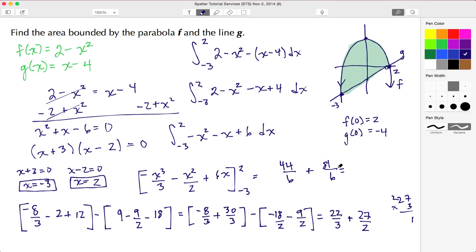And then at this point, I need to add the 81 and the 44. Well, that gives me 125, and then my denominator is 6, and this here is in square units. We're going to call up the calculator and figure out what this is in its decimal form, and also evaluate to make sure everything we did here was correct.